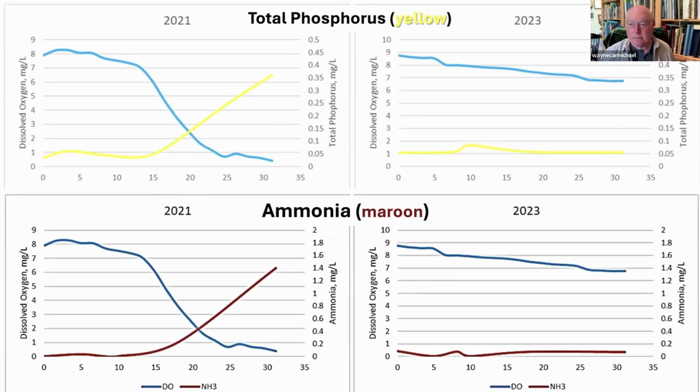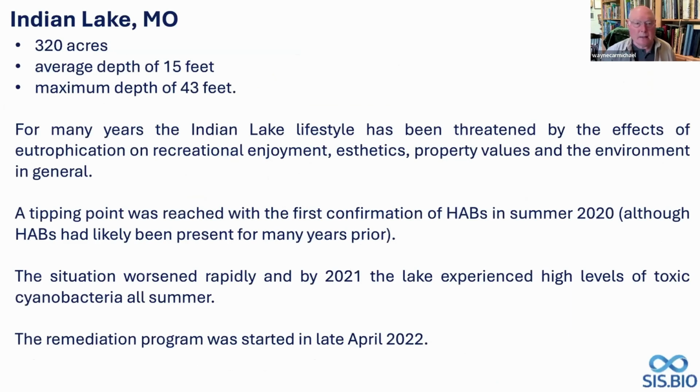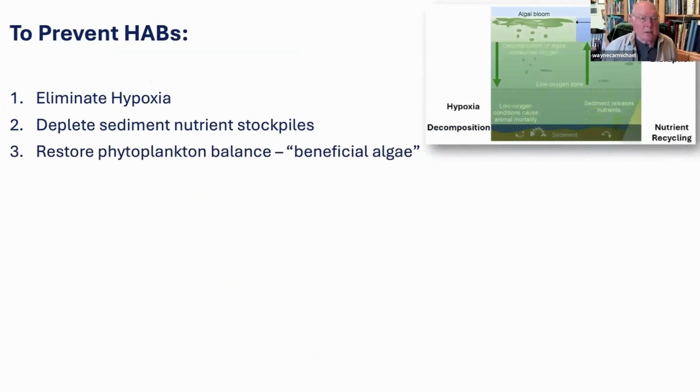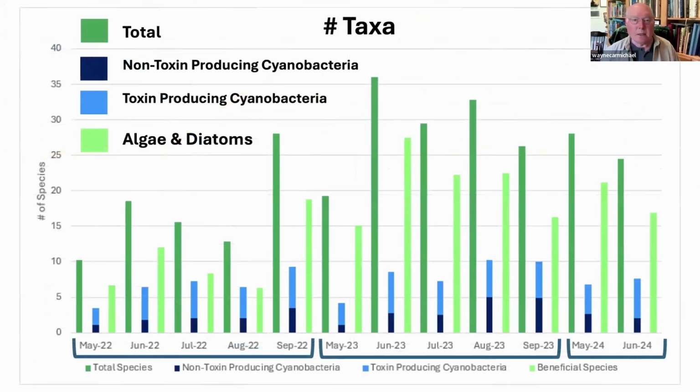Again, just to refresh, these were the profiles for oxygen, phosphorus, and ammonia from 2021 to 2023. And Indian Lake, again, looks like this. Restoring the phytoplankton balance. This is a percent taxa profile following those methods. Notice on the left, the darker green is the total number of algae. The lighter green is the green algae and diatoms, which is what we want to increase. And the black and the blue are the cyanobacteria. And notice that in the beginning, there were quite a number of algae, but they were composed largely of the